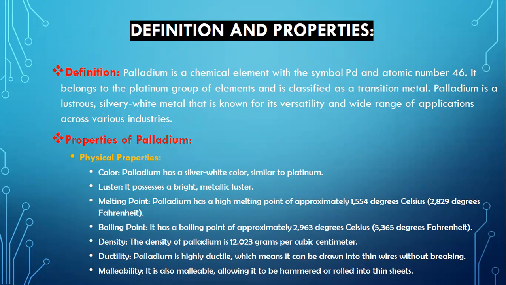Definition. Palladium is a chemical element with the symbol Pd and atomic number 46. It belongs to the platinum group of elements and is classified as a transition metal. Palladium is a lustrous silvery white metal that is known for its versatility and wide range of application across various